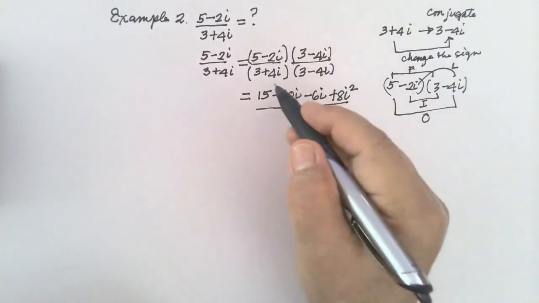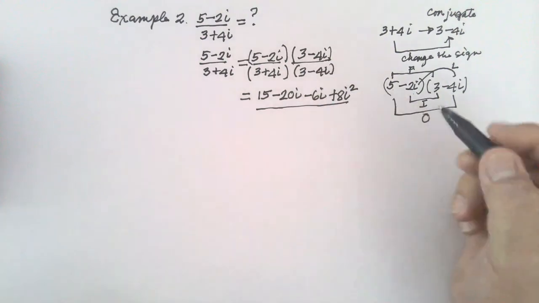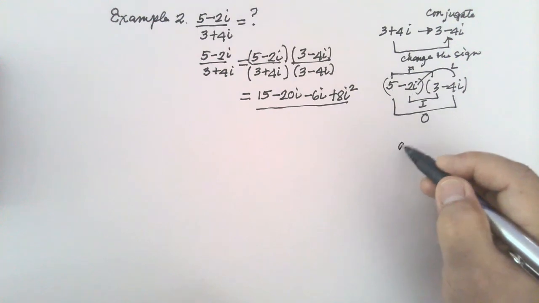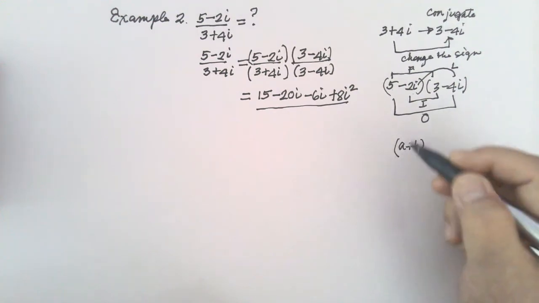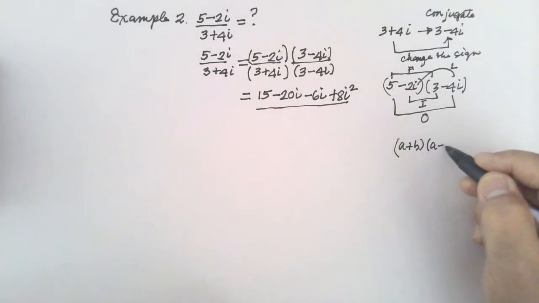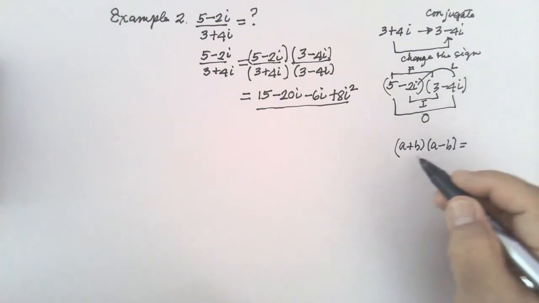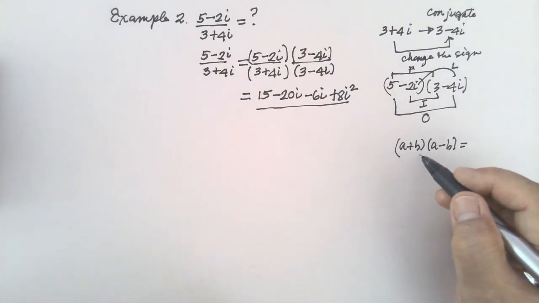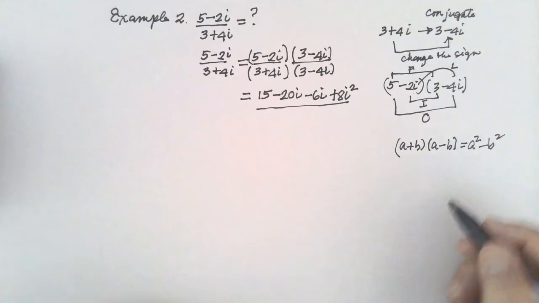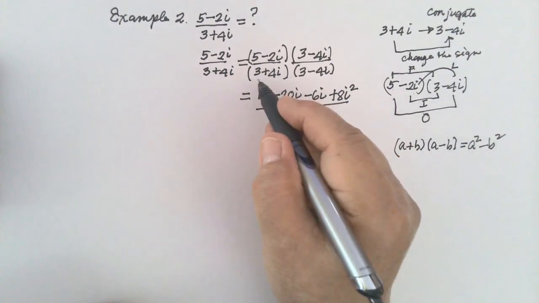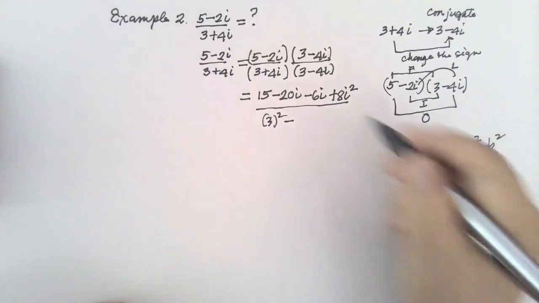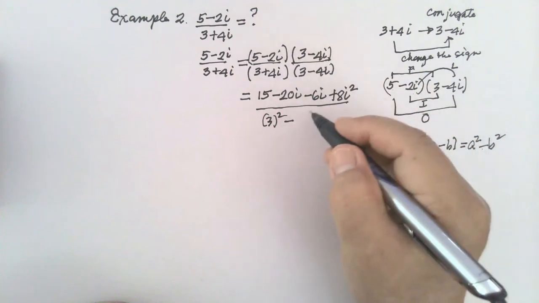Over. You can also use the FOIL method here, but then 3 plus 4i is in the form of a plus b, and 3 minus 4i is in the form of a minus b. The product of a plus b and a minus b is a squared minus b squared. If you follow this, then we have here 3 squared minus b squared. This is b, so